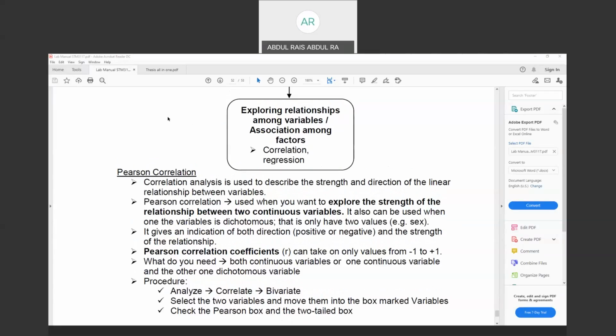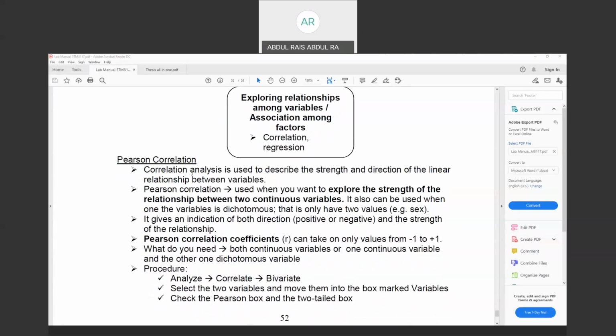Okay, the second analysis we're going to look at is the Pearson correlationship. Okay, this correlationship analysis is used to describe the strength and direction of a linear relationship between two variables. Okay, it is used when you want to explore the strength. The keyword here is two continuous variables. Variables yang ada angka ya, bukannya variables yang categorical, like meaning you code daripada 1 hingga 2 atau 1 hingga 10. Yang tu tak sesuai untuk you buat correlation